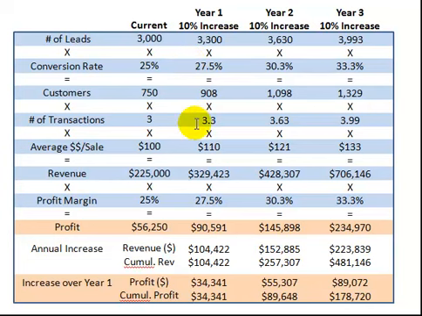The number of transactions, what if we had some way to get them to come back and see us every 4 months? That's not hard to do. You have a VIP club, you send out emails or whatever, and you can get people to come back and buy from you more often. On the average sale, how long would it take us to put together something that we could generate another $10 in sales from? It wouldn't take very much time at all. You see, almost every one of these things can be done almost overnight.